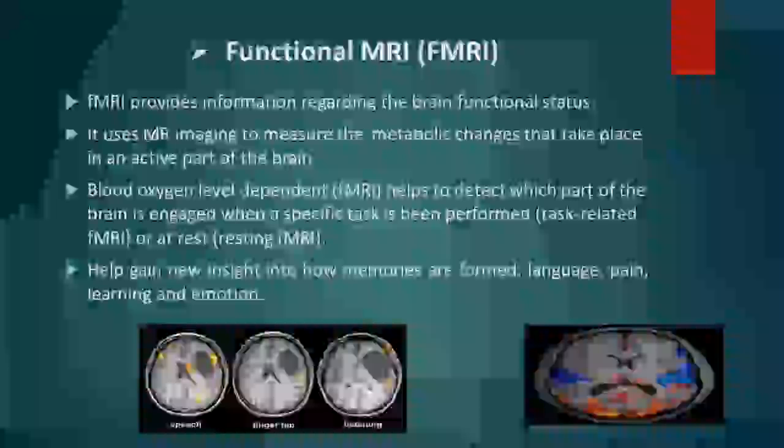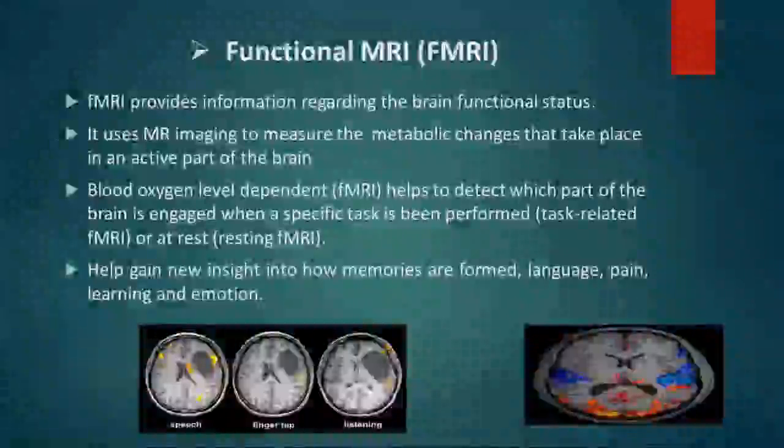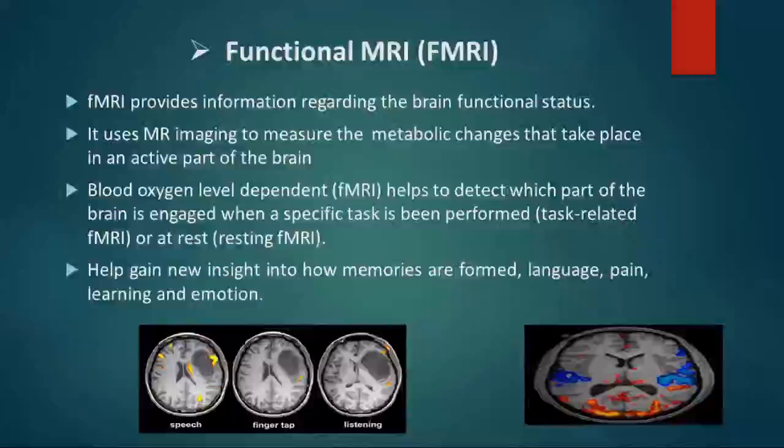To talk about functional MRI. Functional MRI is used to measure and map the brain activities, and it produces information regarding how the brain functions. It also uses magnetic resonance imaging to measure the metabolic changes that take place in an active part of the human brain, and also uses blood oxygen level to detect which part of the brain is being engaged when the patient is performing